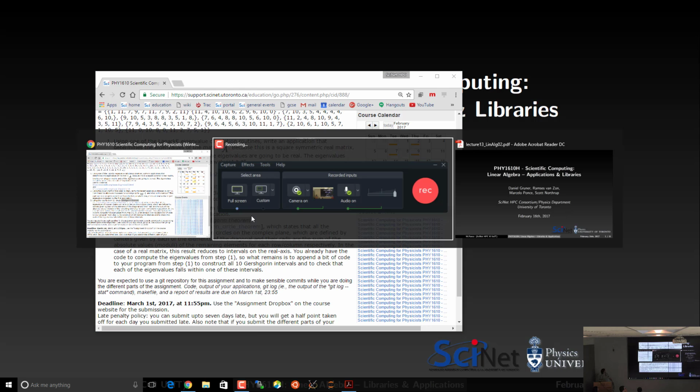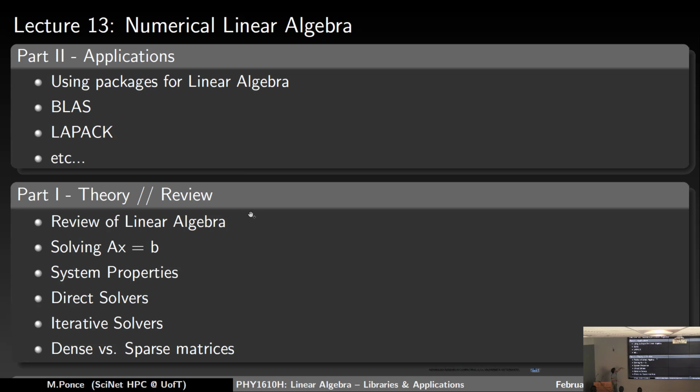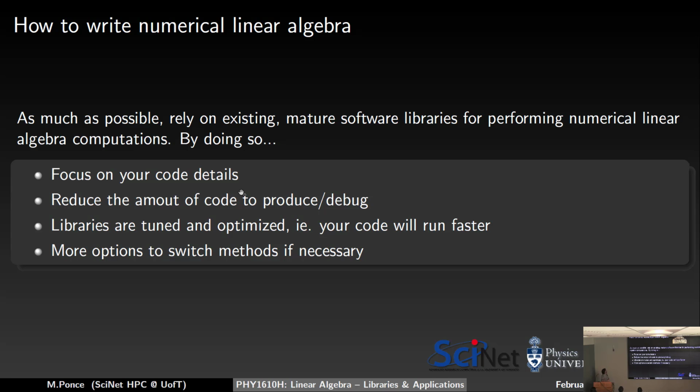Yeah? All right. So let's take a look then at the utilities part of linear algebra. Last class we reviewed a bit of theory. Today we're going to be talking about the packages that you can use for actually doing numerical linear algebra. In particular, we're going to focus on two, BLAS and LAPACK. We're going to talk a bit about other ones, but these are quite neat and useful. We mentioned this also last class. There are many techniques and methods that you can implement for dealing with linear algebra, for solving linear systems, for computing eigenvalues, for doing matrix decomposition, different kinds of things, right? The thing is,